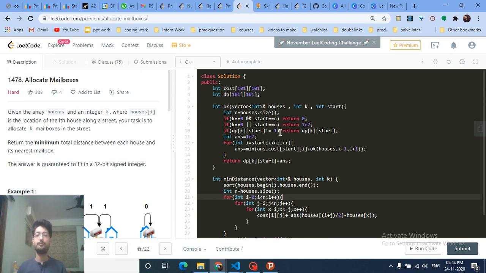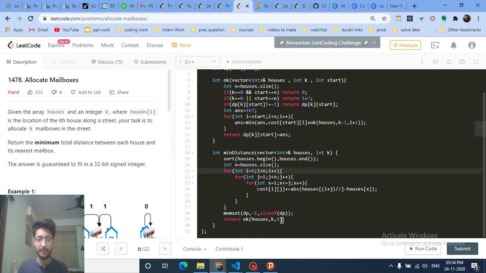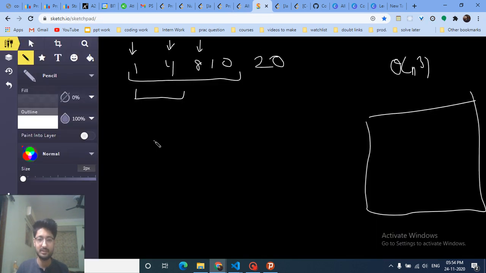Because you have to minimize the total cost, I have to initialize my total cost with a very large number. Then I start my i from the start point and go as far as possible. If these are the houses, I start i equal to 0 at this point and keep building my interval.